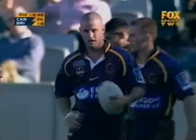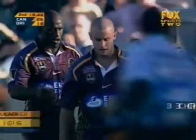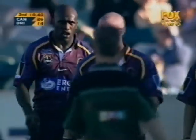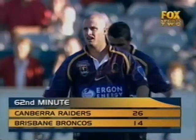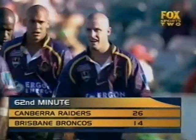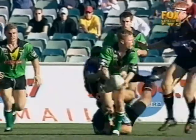It was a costly mistake when they coughed the ball up. And once again, the Broncos, as swiftly as only they can, have hit back. Well, that's what a quality side does to you when you make mistakes. And that time the Raiders, off a forced pass, they made the mistake. The Broncos go wide. Chris Walker, they've got danger players all over the field. They'd be still confident to try and...